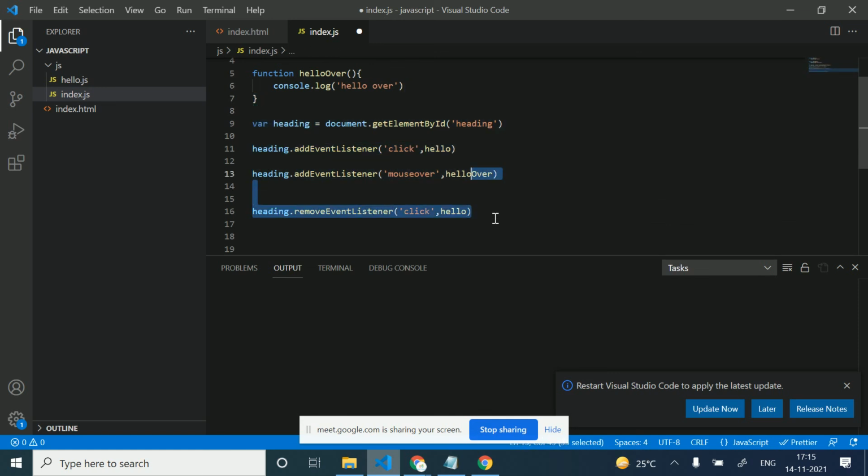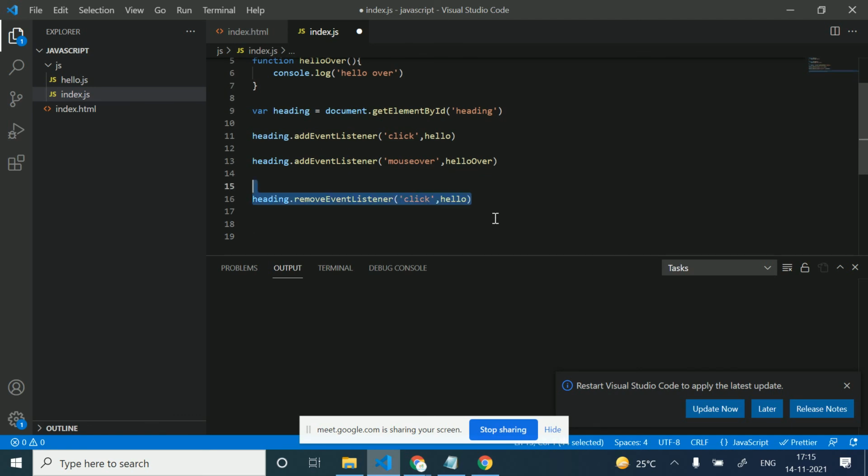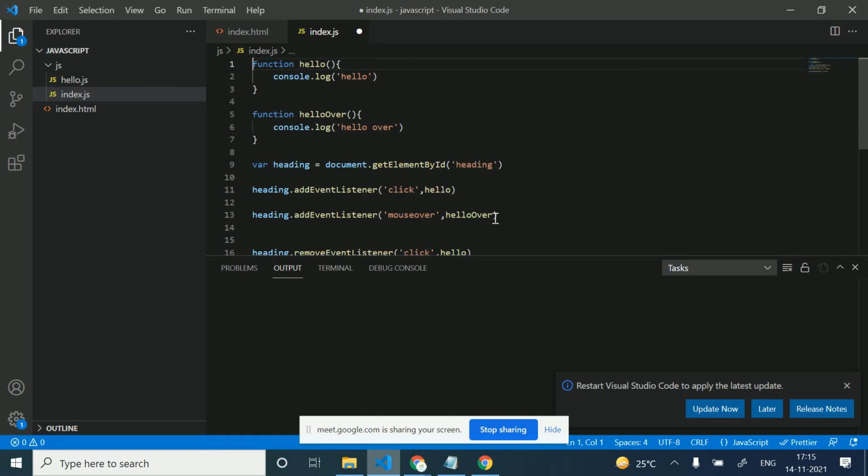There are two types of events here, and I will discuss them in the next lecture. In the next lecture we will also discuss some functionality, like how our window loads: the load function and DOMContentLoaded, meaning the document content is not loaded completely.